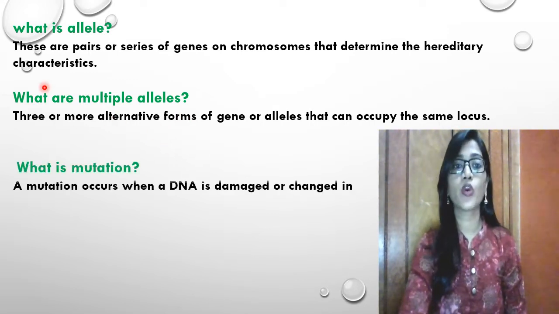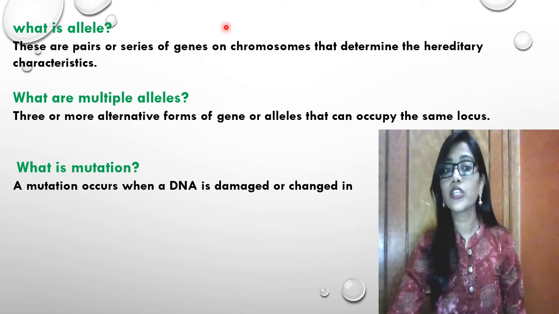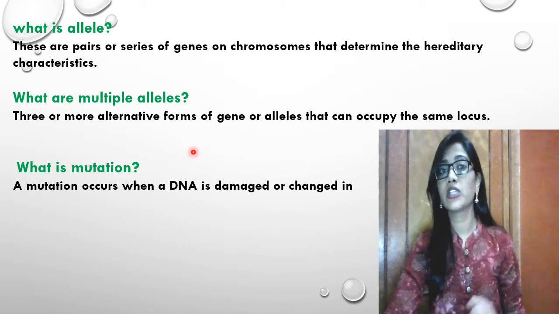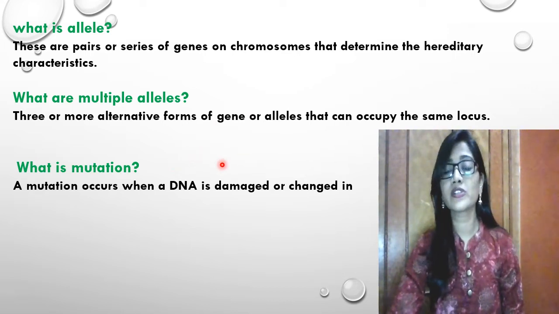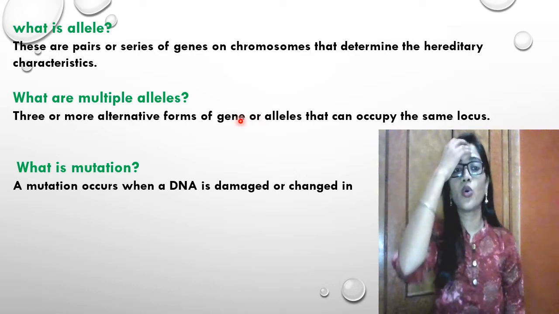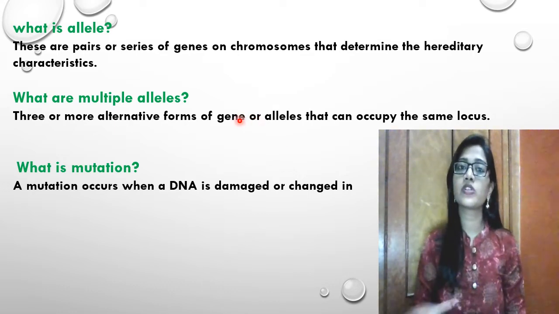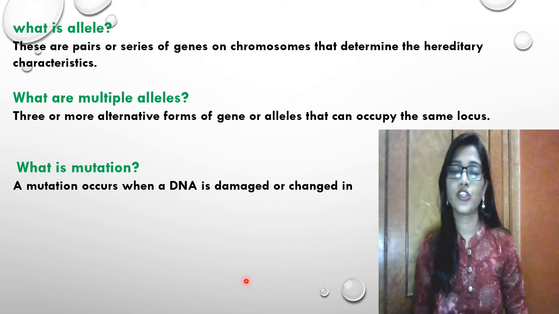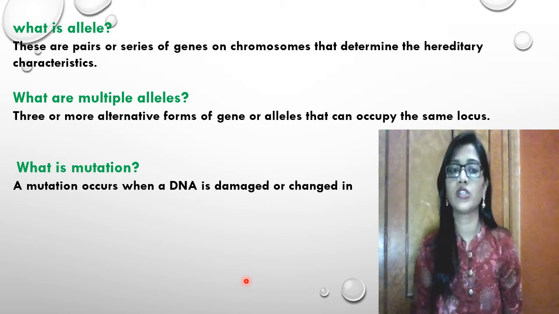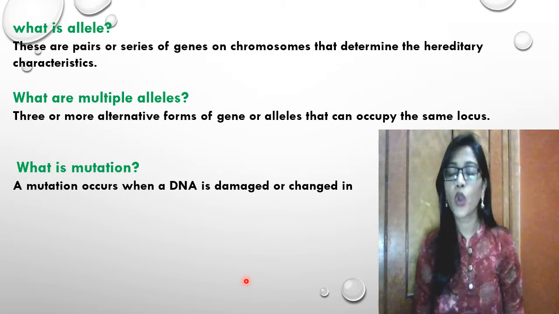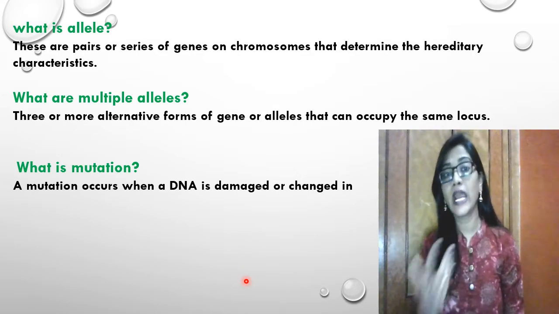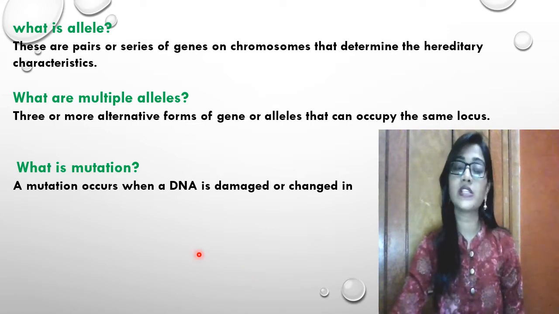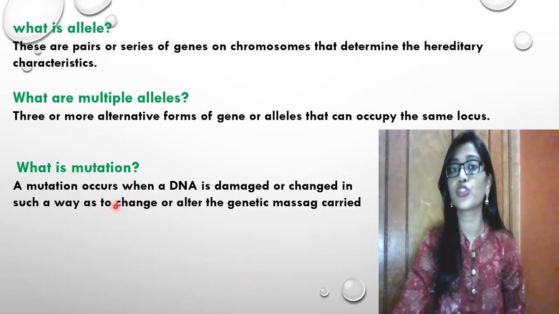Next is what is mutation. Now a mutation is a natural process. It can also occur by an artificial process, but we are not going to study that. Here we will just try to understand what mutation is, because when you study sickle cell anemia, you are going to study how point mutation occurs and what the importance of point mutation is, because of which sickle cell anemia disease occurs. So for understanding that concept, it is very necessary that you understand the definition of mutation.